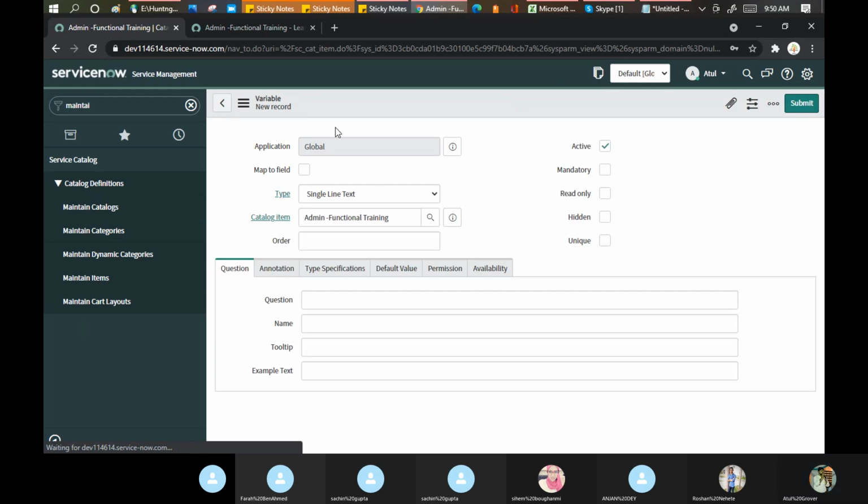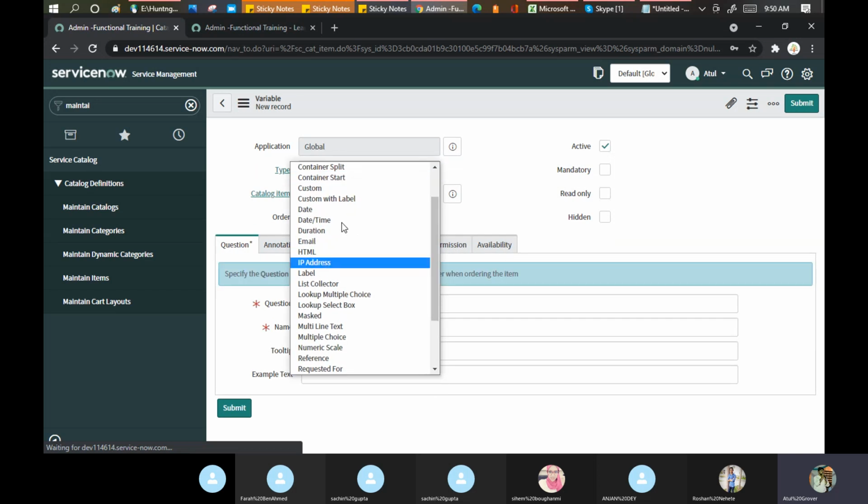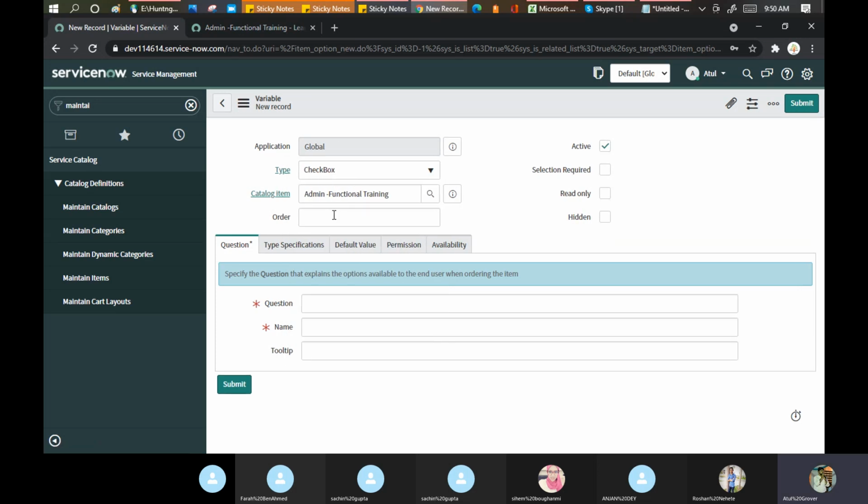What type of variable do you want? I want a single line text, or choices. Multiple choice or checkbox?